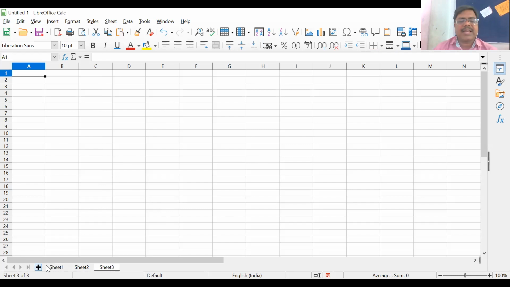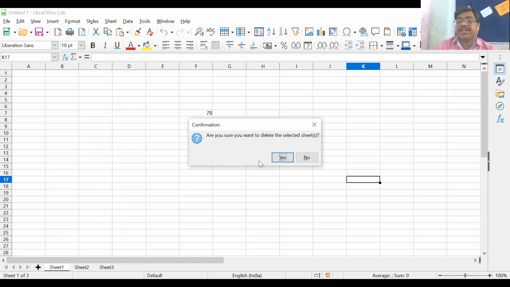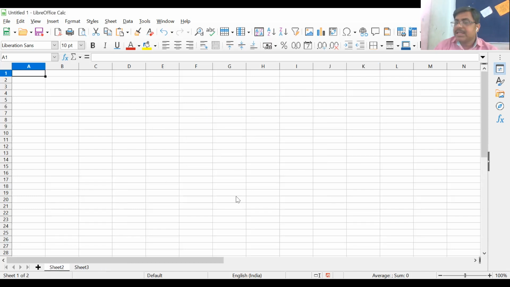In the same way we can have Sheet 3. Clicking on a sheet activates it. To delete a sheet, simply click the right mouse button and use the delete option, and your sheet will be deleted. In the same way you can rename the sheet, copy the sheet, or move the sheet.